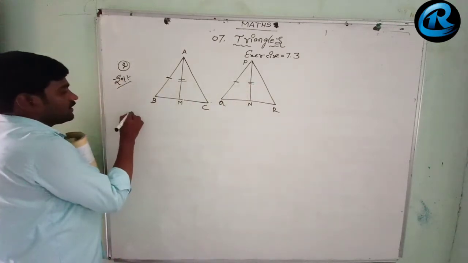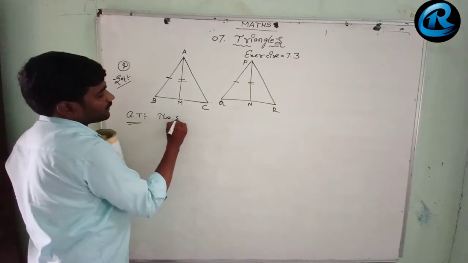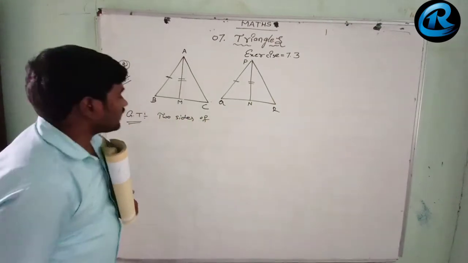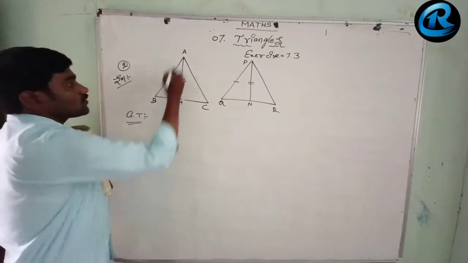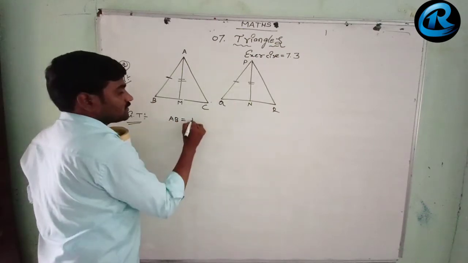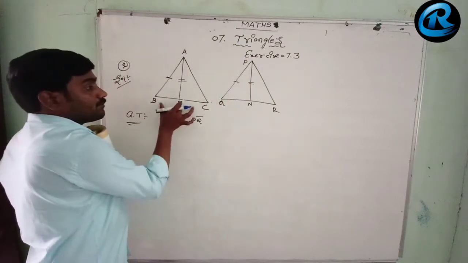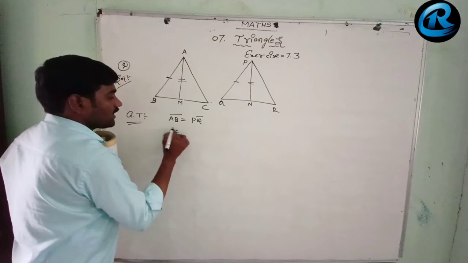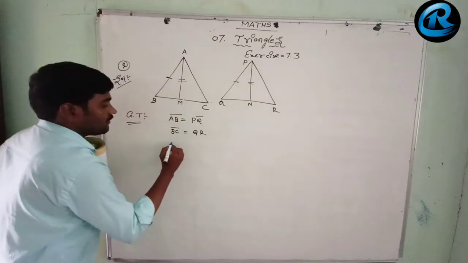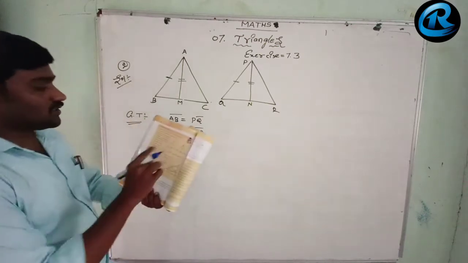Okay, see what he said, given that two sides of triangle ABC. Again I will write directly, I don't write all this, it takes a long time. So here he said that given AB equal to PQ, and BC equal to QR. Already given BC equal to QR, and also AM is median equal to PN. AM is equal to PN. He gave all these. So that's what he said.